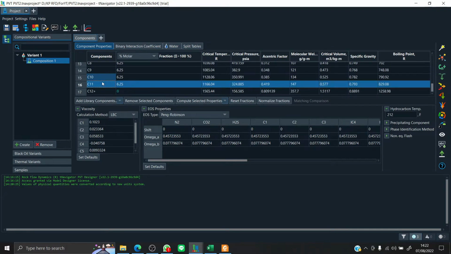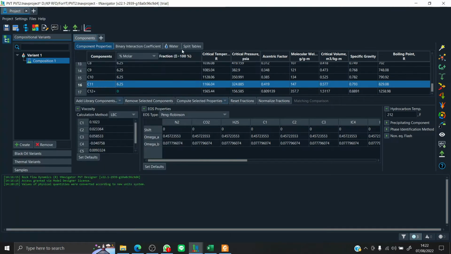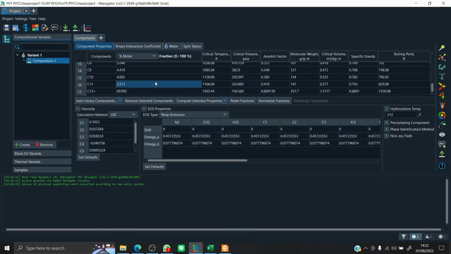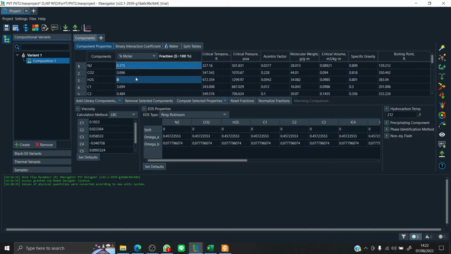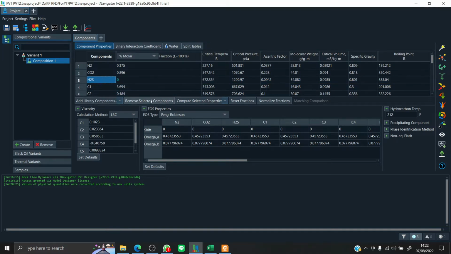N2, CO2, H2S, and then C1 to C12 plus, and then we just copy the mole percent here on line 1. We just paste it. Okay, so all of it is changing. There is no H2S, so we can just delete this component by clicking remove selected components here for the H2S.